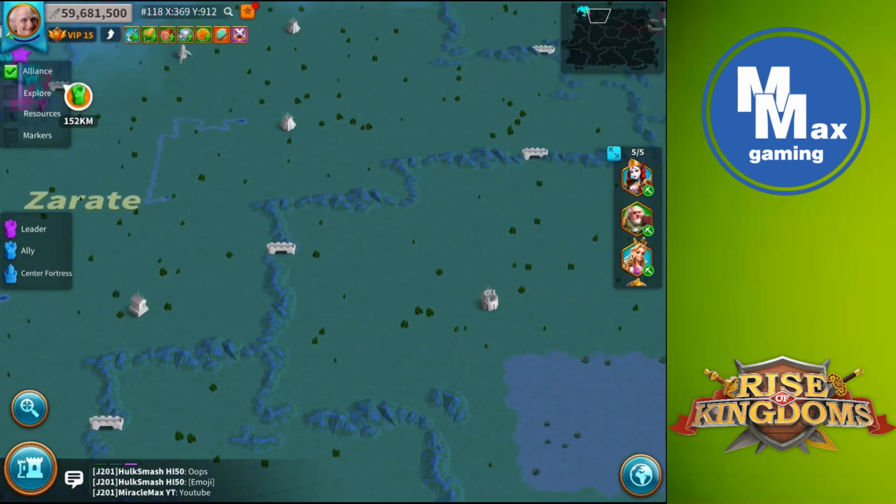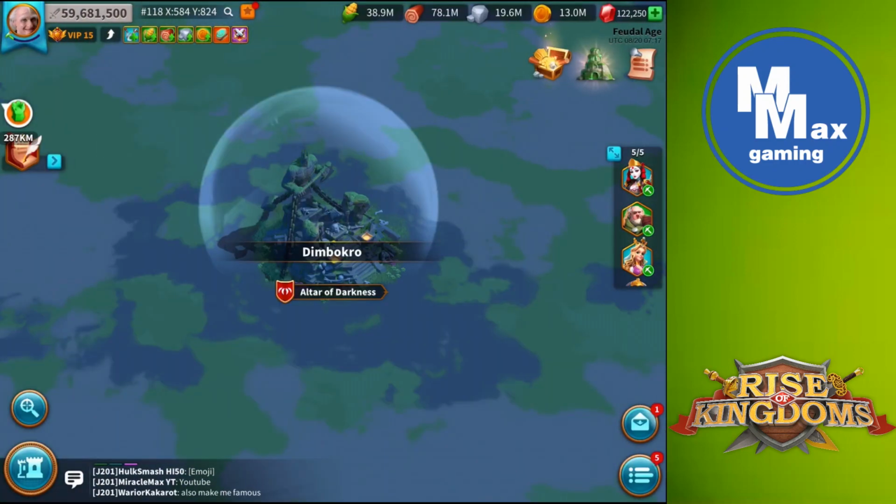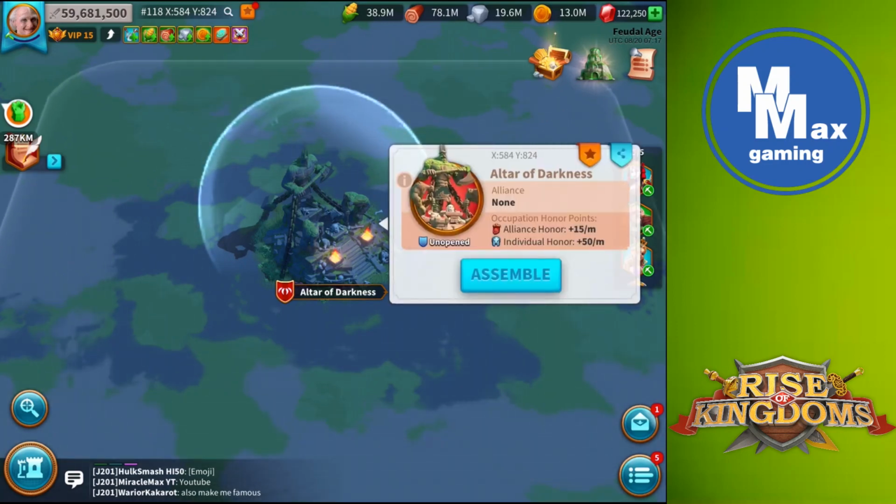Those are one more zone in, and here's one. Now, the Altar of Darkness, excuse me, worked the same way. It was send 5 armies for 10 points a minute per army, and now you can send 1 army and get 50 points. Now, the problem that I see here, and I'm interested to see how it plays out, is